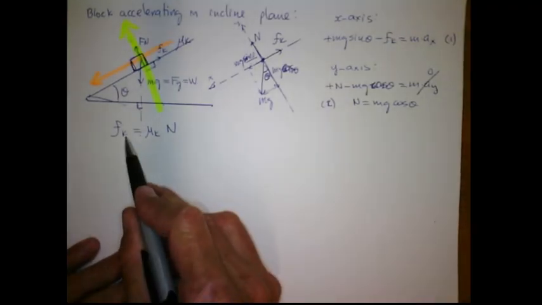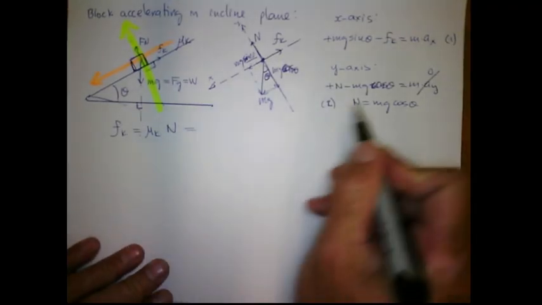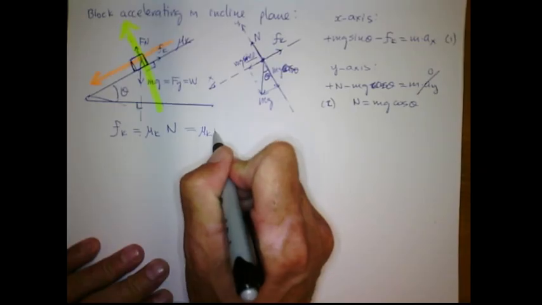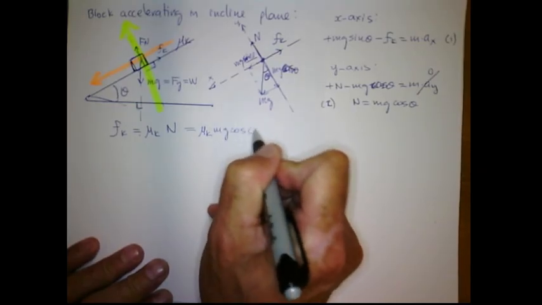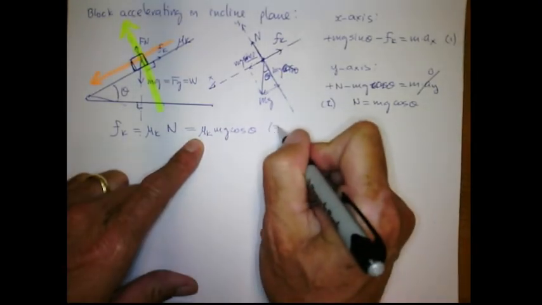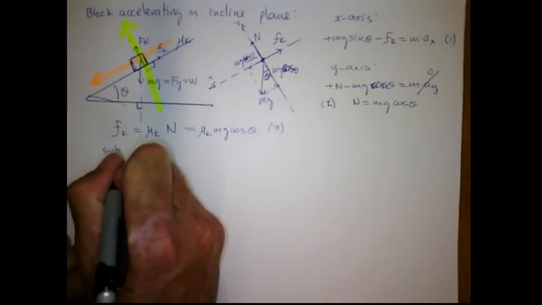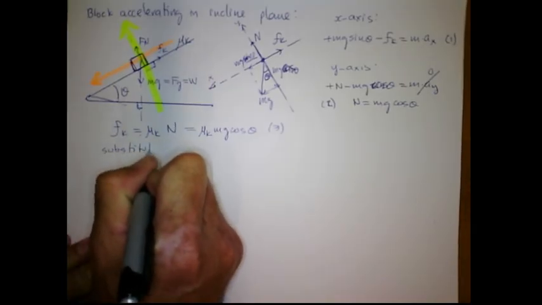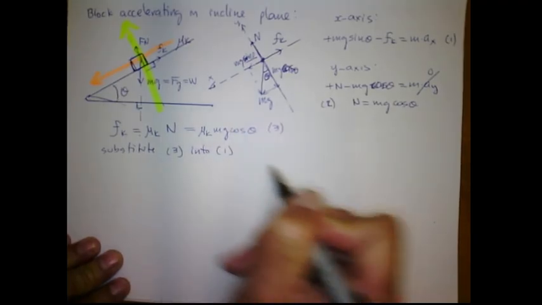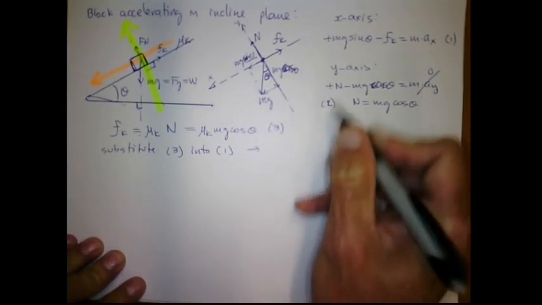So we substitute N in here, and now, this is equation 3, we substitute 3 into 1, and I get